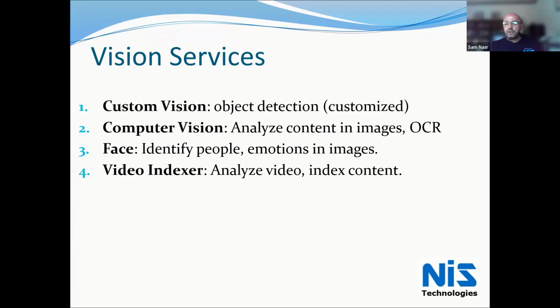I can also use it for doing OCR and analyzing the handwritten notes in an image and be able to decipher that. Same thing with, or similar with, video indexing or identifying people in a specific image. So that's all within the Vision service. In addition, there are libraries out there that are available for identifying the license plates as cars are coming in and out of a parking lot.